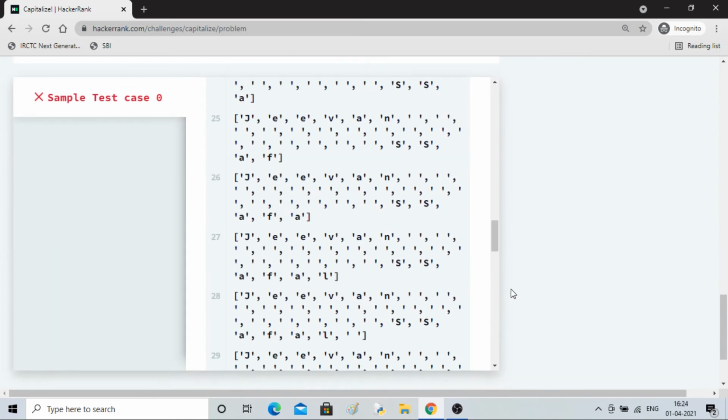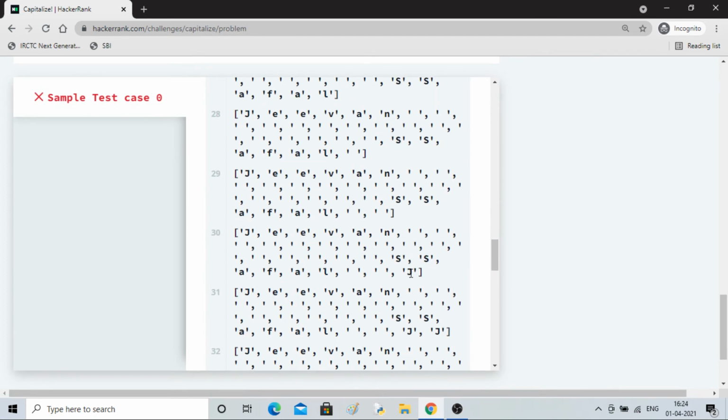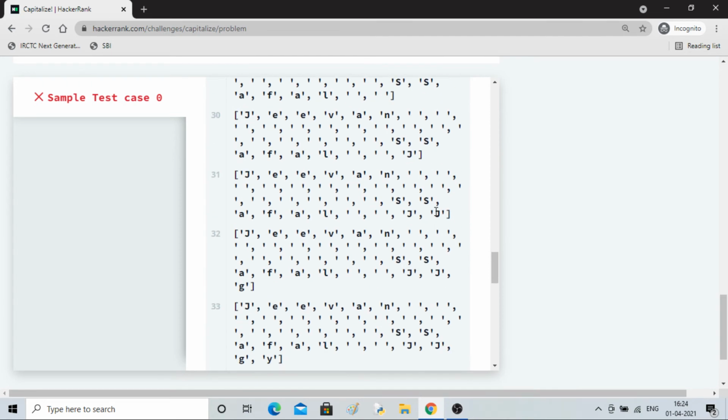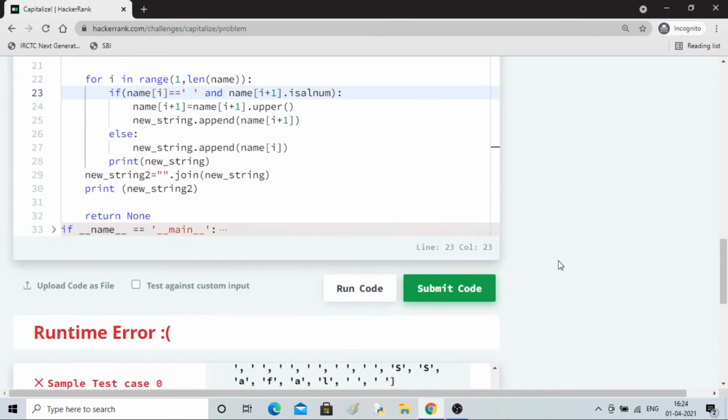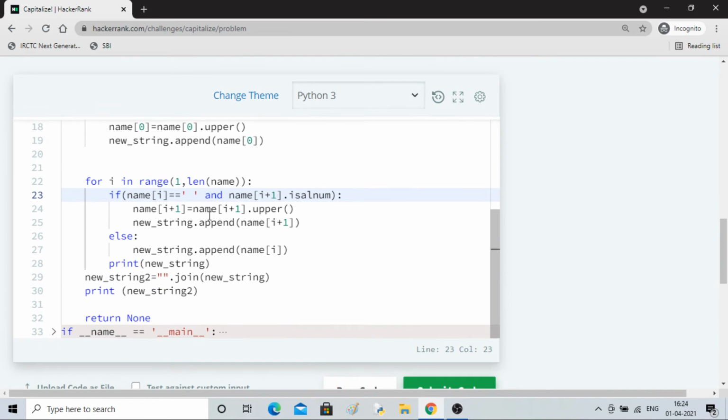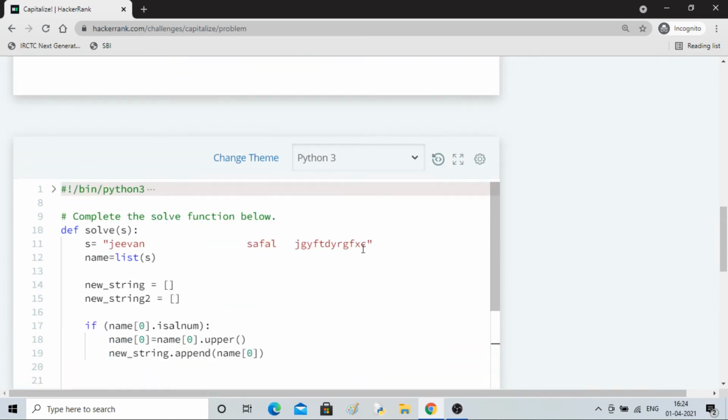S will come. So everything is working fine, but again J is getting capitalized, and it is coming two times, right? That's the only problem we have. So let me run this one. It will take the i plus 1 guy and append it to new string, else it will keep on doing this. It will only work fine when it comes with S, then this will not be satisfied and S will get appended.